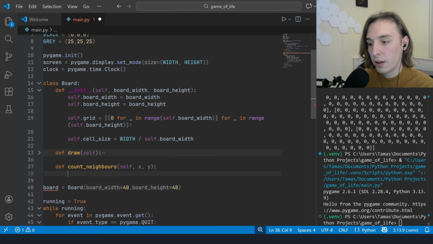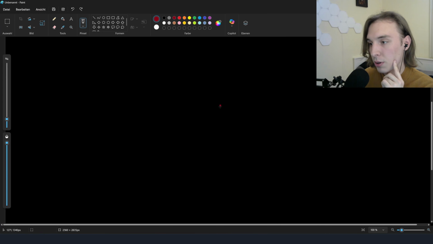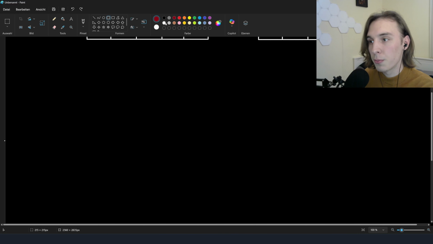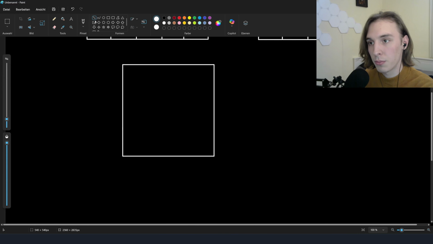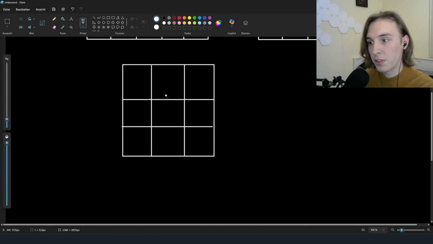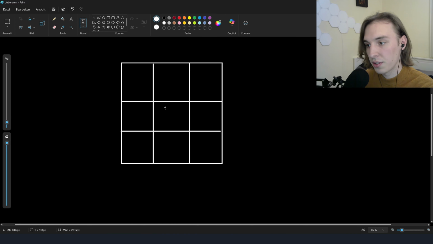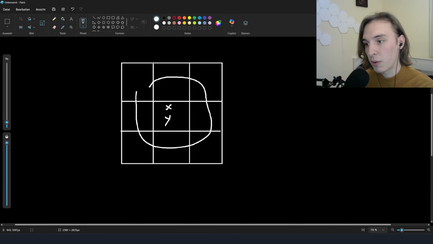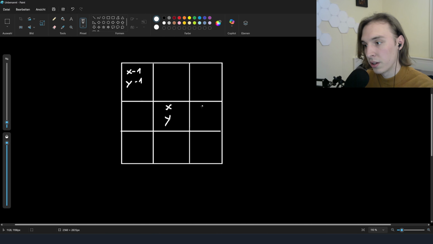Okay, so again, let me just open Paint real quick. Again, by neighbors, we mean the immediate neighbors, also across the diagonal. So if this cell has the coordinates X and Y, we're going to be checking all the cells around it. So in this case, this is going to be X minus 1, Y minus 1. This is, for example, going to be X plus 1, Y, or here, X plus 1, Y plus 1, and